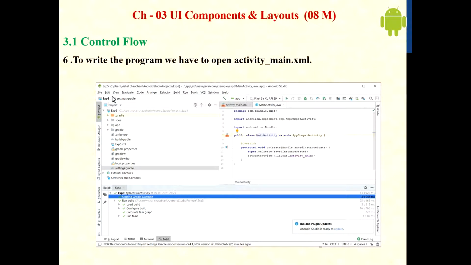Next, to write the program, we have opened activity_main.xml. There are two types of files: in activity_main.xml we write the XML code, that is the designing code, and in MainActivity.java we write the Java code.